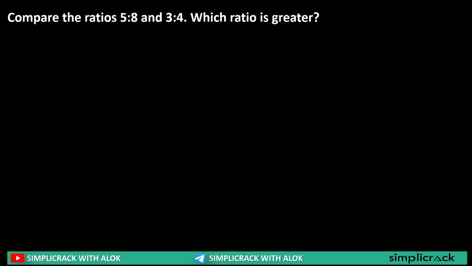Now we'll be learning how to compare ratios. See, the first ratio is given as 5 is to 8 and I can write it as 5 by 8. The second ratio is given as 3 is to 4, so I can write it as 3 by 4. So there are two ways to compare them. Okay. So the first way is to compare that